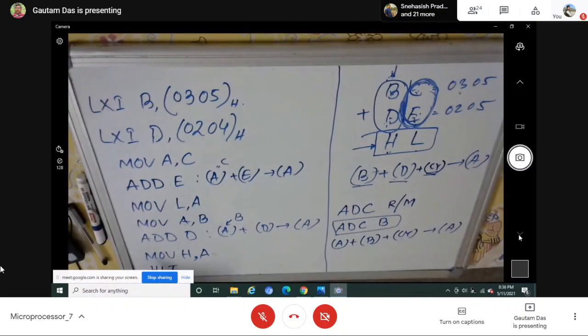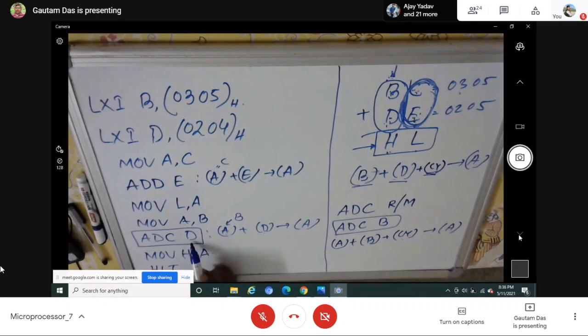That means in this program, the only modification we can do is in place of this instruction. For the lower order 8-bit, there is no question because there is no previous carry. But whenever we are adding the higher order 8-bit, we should not add only the two 8-bit values; with them we must add the carry also. Then this instruction ADD D must be replaced with ADC. You can write here ADC D. Now your problem is solved.